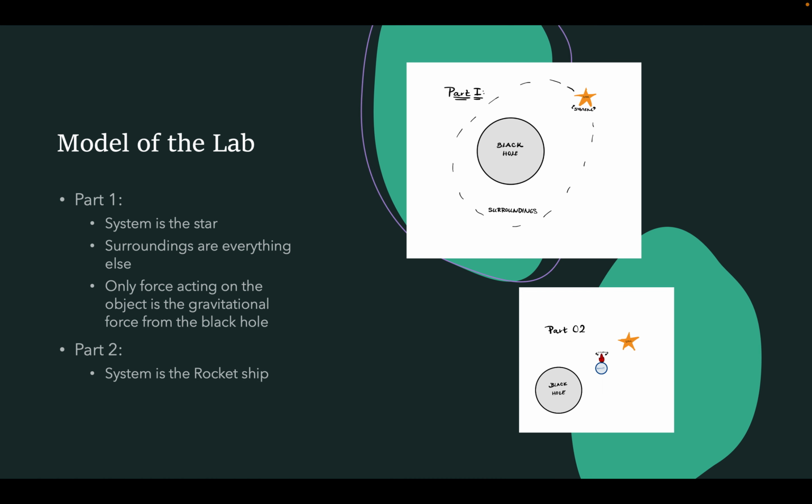In the first part of this lab, the system was the star and the surroundings are everything else. Here is where we were able to determine the mass of the black hole using the fact that the star had only the gravitational force of the black hole acting on it. In part 2, the system was the rocket ship, and we analyzed both the forces of the planet on the rocket as well as the black hole in order to determine the velocity needed to go around the black hole